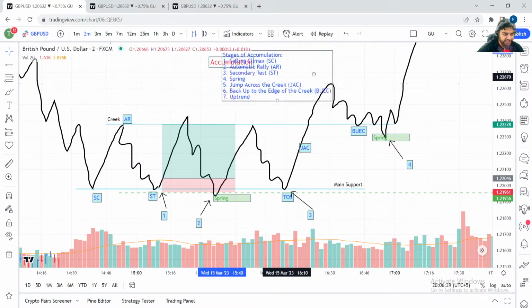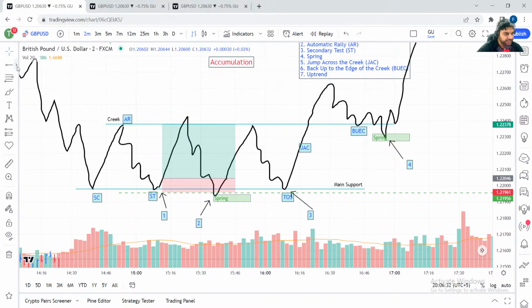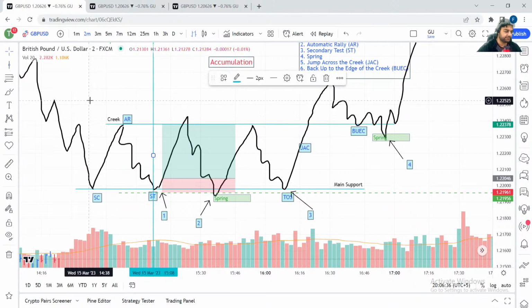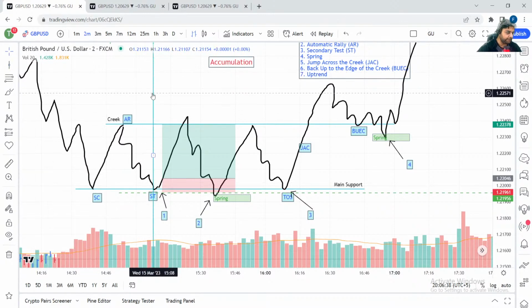Now, let's start with this. Let's say that the market is here on the blue line, okay? What do you see in the background? So if you remember the strategy, what do you see in the background? Well, I can see that in the background there is a strong bull move, right? There is a strong bull move.